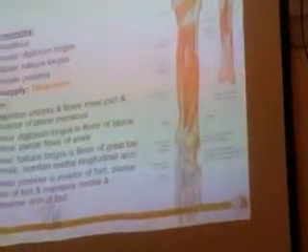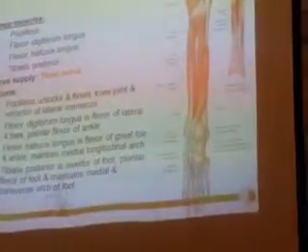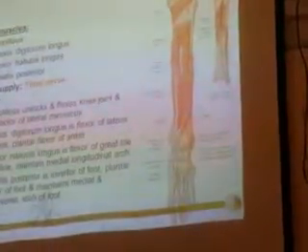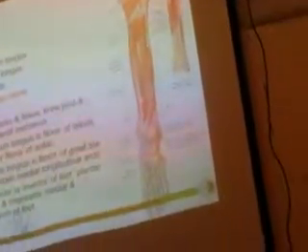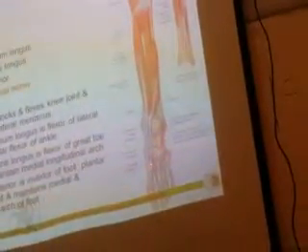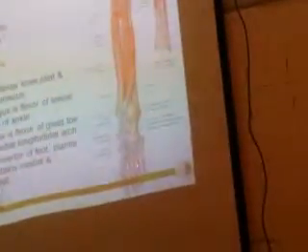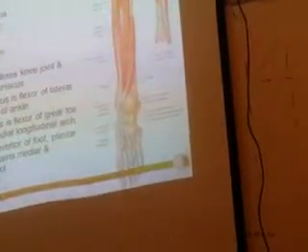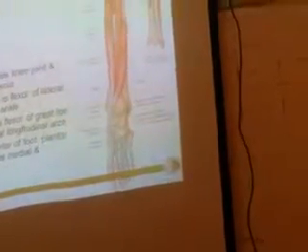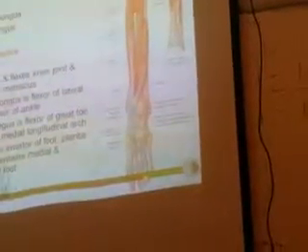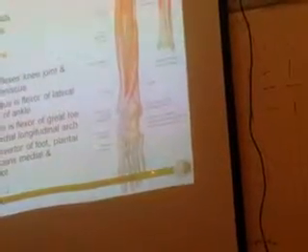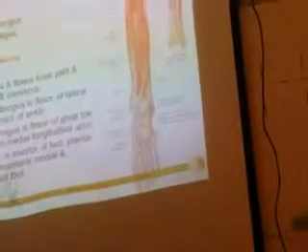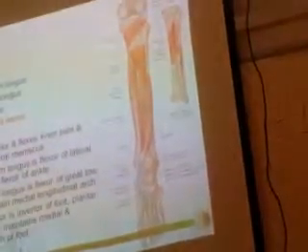The second is the flexor digitorum longus. As the name indicates, it is a flexor, so it helps in flexion. Digitorum, because it divides into multiple divisions and gets inserted to the lateral 4 digits. Digits means fingers, but in the foot we call them toes: the big toe, the great toe, and the smaller toes. So it gets inserted to the lateral 4 toes, on the plantar surface at the base of the distal phalanx. So this is the flexor digitorum longus.